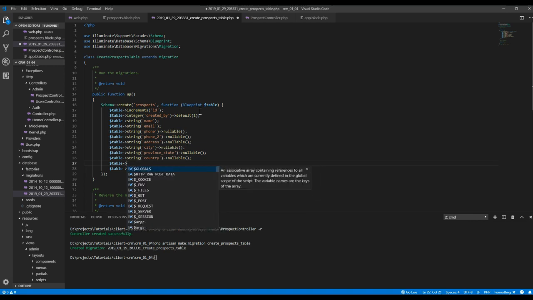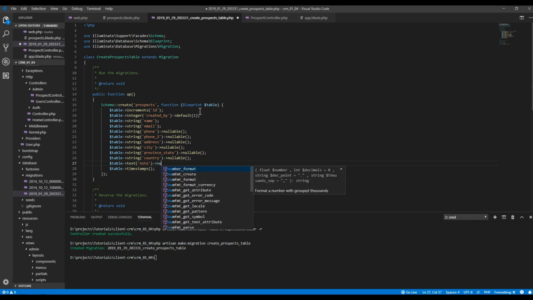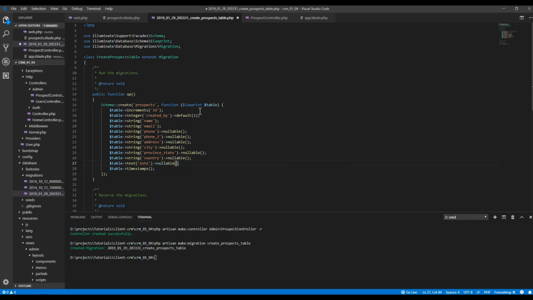So after country, I'm going to want to add a section for notes. It'll be text, call this note. This will be a note created by, say, the user who's actually building it out, or maybe they're entering the first notes. Once they've received the lead, they want to add information about them. But this will be a one-time thing, kind of like an introductory note, right? So let's put a note in here. We'll just say for use of users/salespeople,